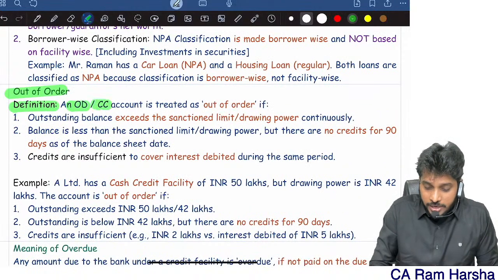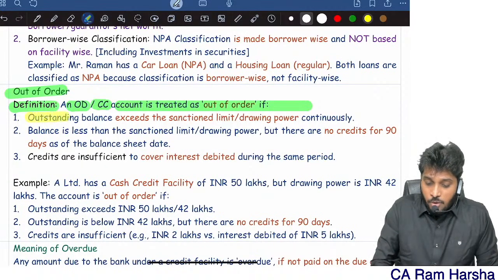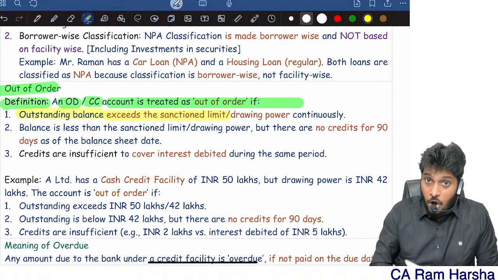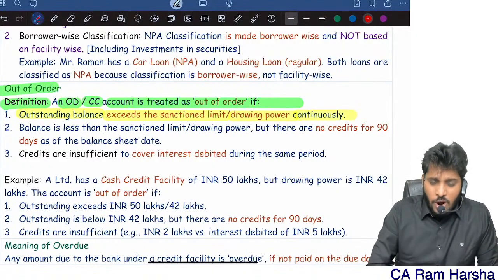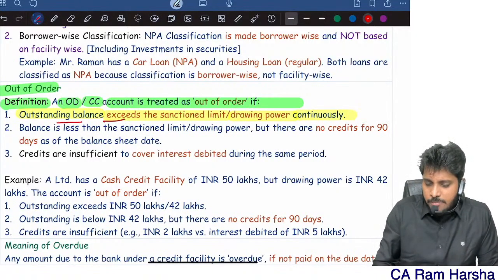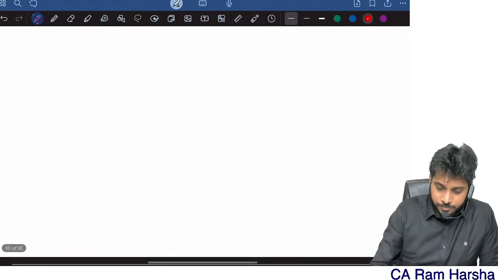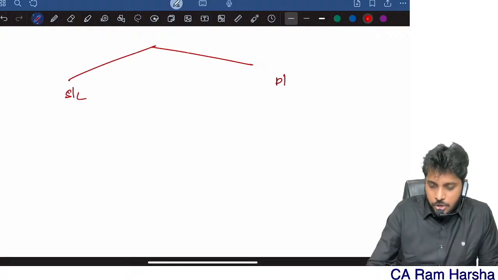An OD account or cash credit account is treated as out of order if the outstanding balance in the OD account or cash credit account is continuously exceeding the sanctioned limit or exceeding the drawing power. What is this? What exactly does it mean, the outstanding balance exceeding the sanction limit or drawing power? You know,